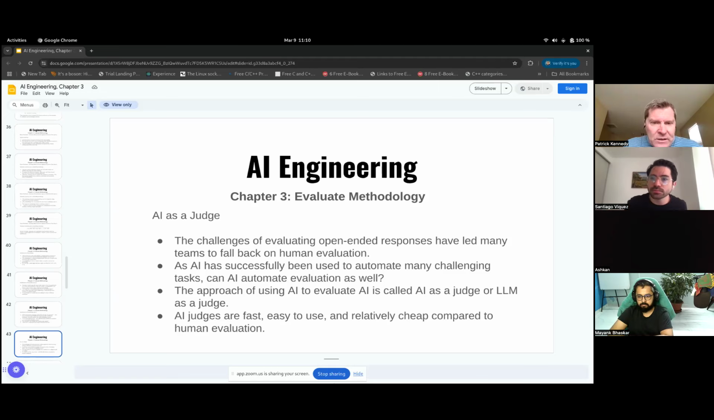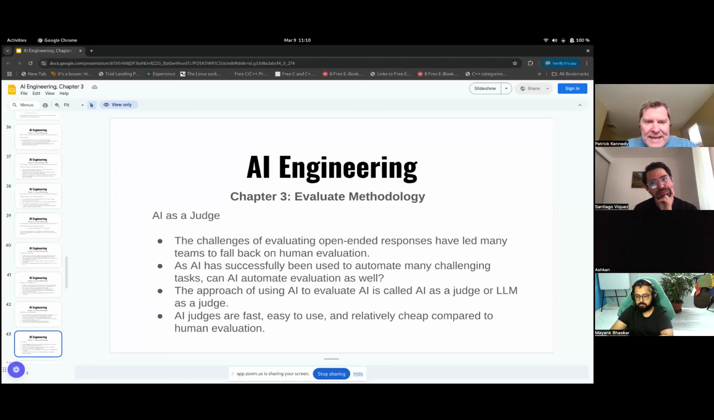So, AI as a judge. This is really an important area, and the next 20 slides are all about AI as a judge. But rather than take you through all that, suffice to say that you have to study all of this, and